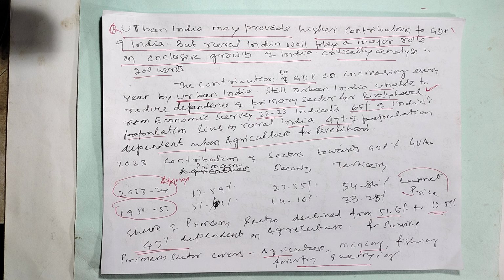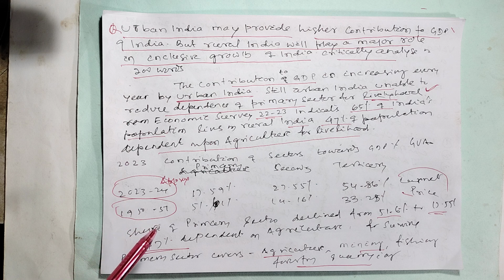Urban India may provide a higher contribution to the GDP of India, but rural India will play a major role in the inclusive growth of India. Critically analyze it. Now, the contribution to GDP is mostly limited to